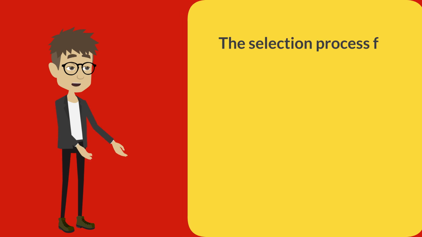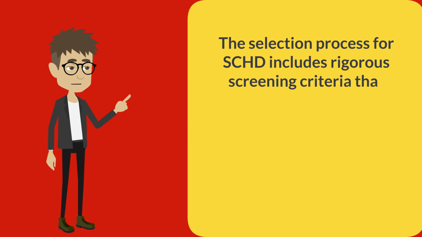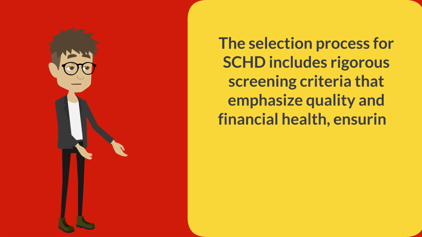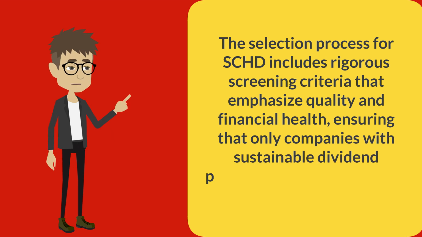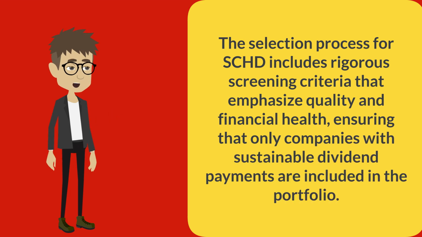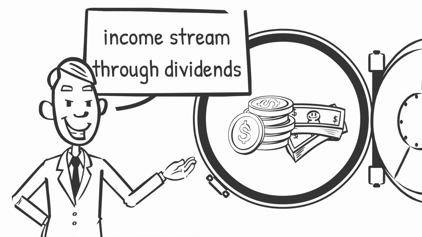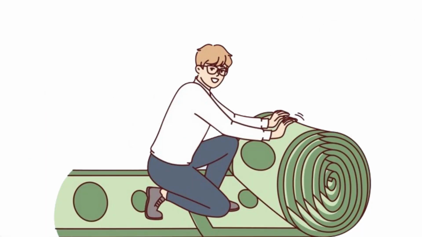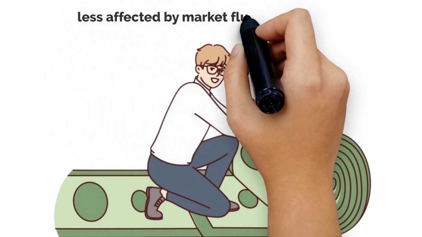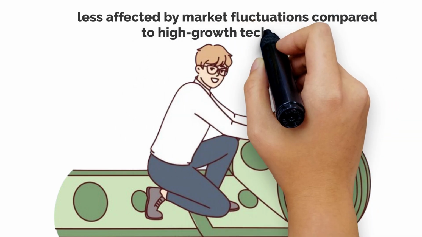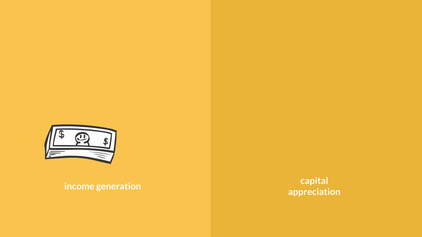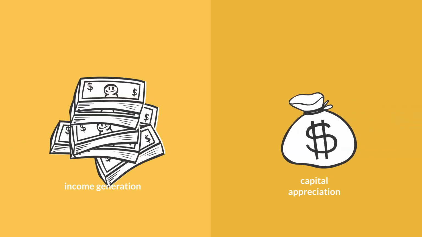The selection process for SCHD includes rigorous screening criteria that emphasize quality and financial health, ensuring that only companies with sustainable dividend payments are included in the portfolio. SCHD's strategy aims to provide investors with a steady income stream through dividends, making it an attractive option for income-focused investors. The ETF's emphasis on dividend-paying companies also helps to mitigate volatility, as these companies are often less affected by market fluctuations compared to high-growth tech stocks. This approach ensures a balance between income generation and capital appreciation, providing a stable investment experience for those who prioritize